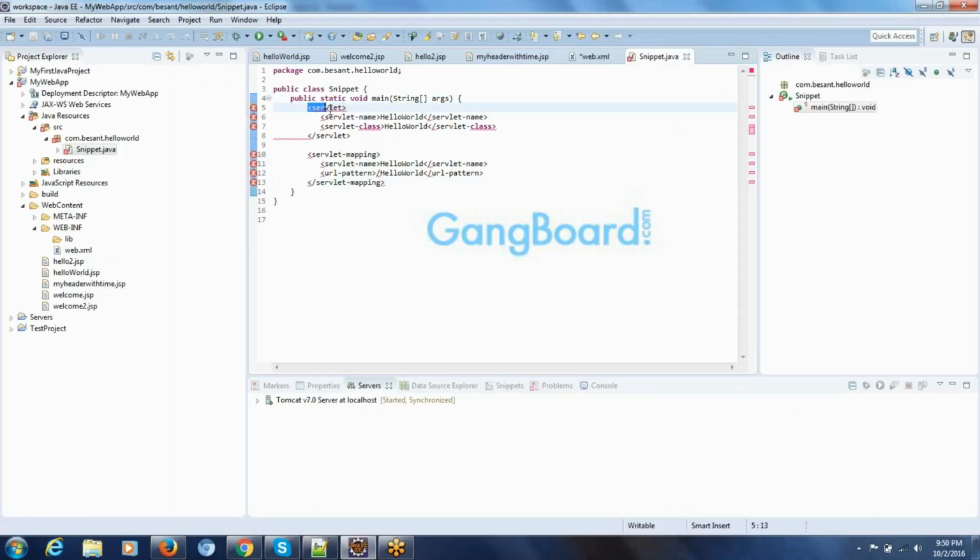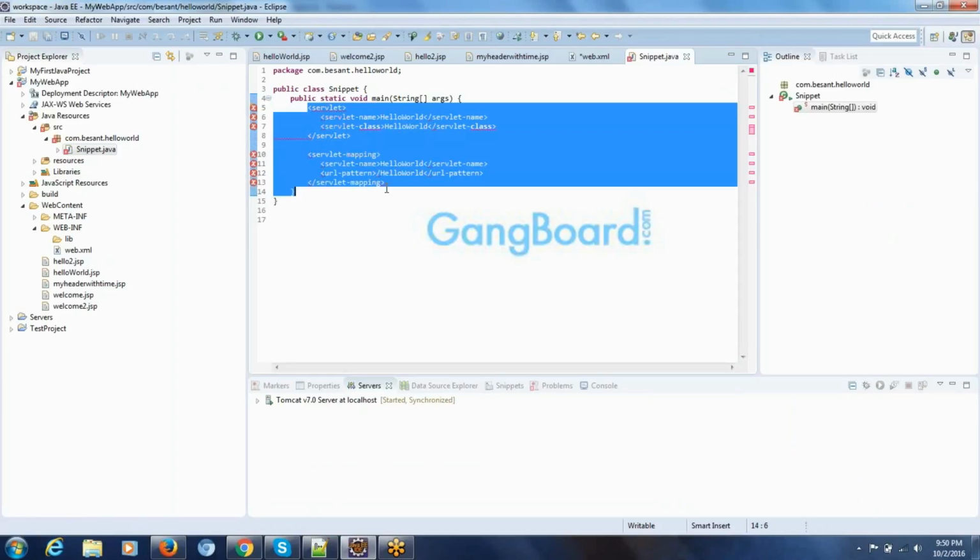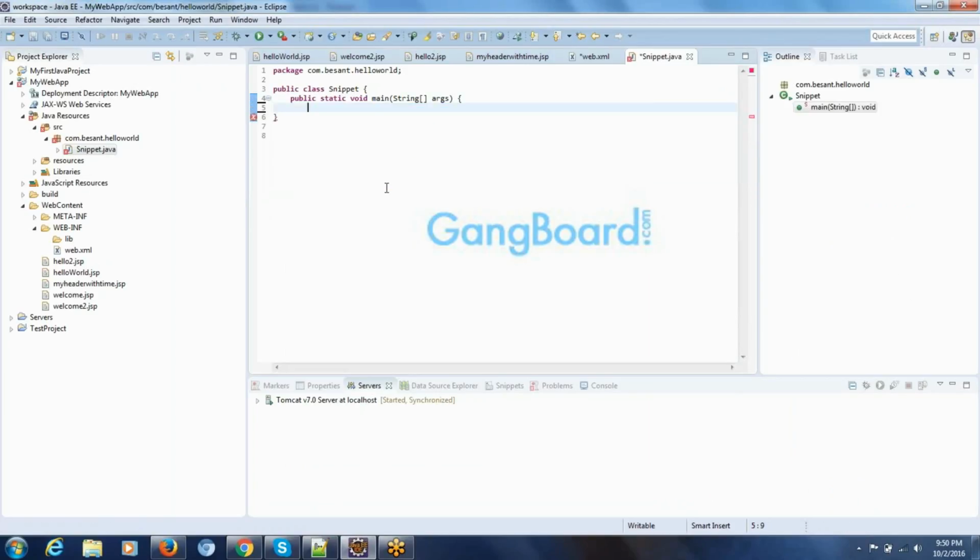This will stay here, in the package. No, no, that should not come there. That one should be in web.xml. And whatever the code I sent you now,